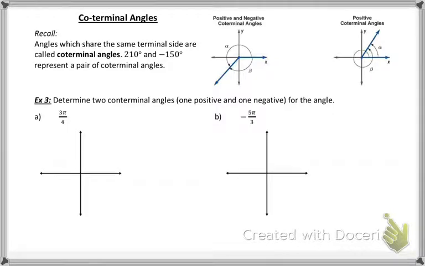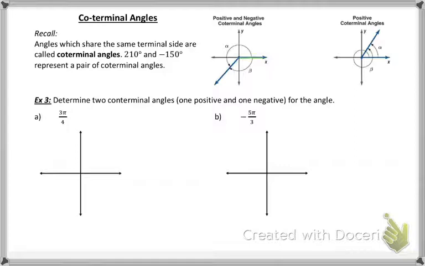Hey guys, so in the previous section we looked at how to find coterminal angles, which are angles that share the same terminal side. So for example, 210 degrees and negative 150 degrees represent a pair of coterminal angles, right? So basically two angles with the same terminal side, and we saw, if you recall from the previous section, that we could find positive coterminal angles by just adding 360 degrees, just going around one more time,